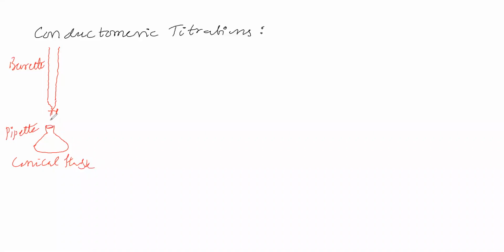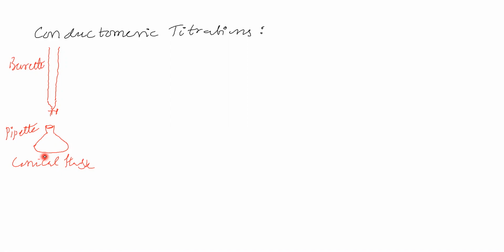Then we will do titration. Titration means we add the burette solution into the conical flask solution, and shake the conical flask solution. A chemical reaction takes place, and using this chemical reaction, an unknown concentration can be determined. That is called titration. Acid-base titration means, suppose you take acid in the conical flask, you take base in the burette.